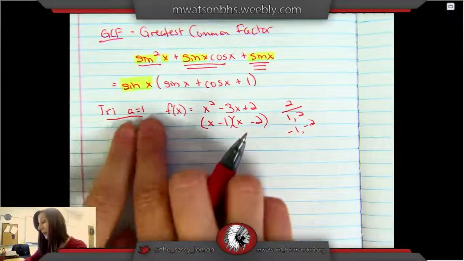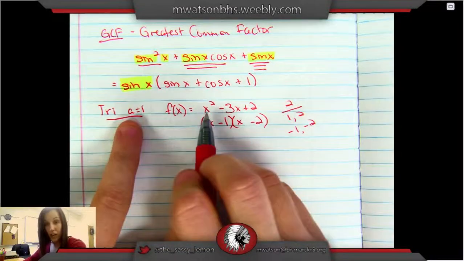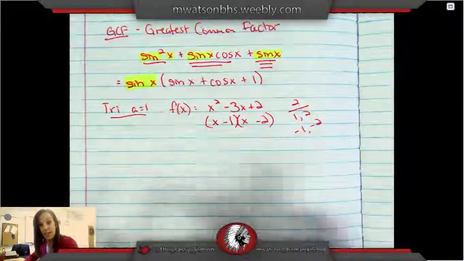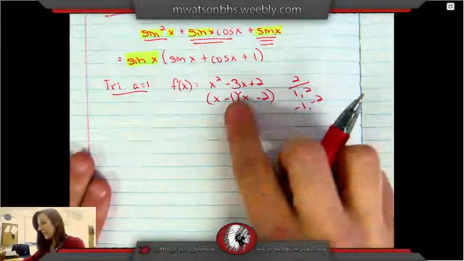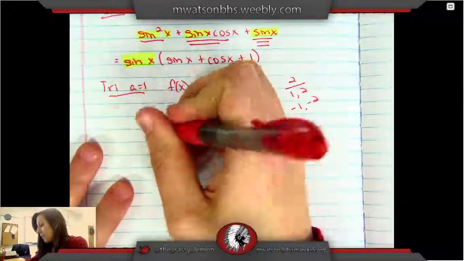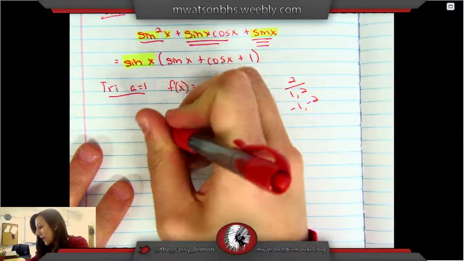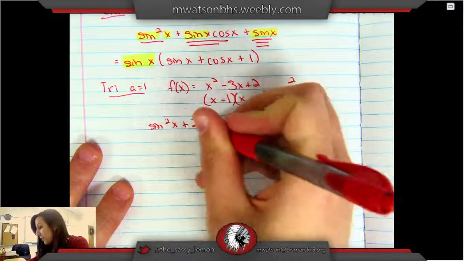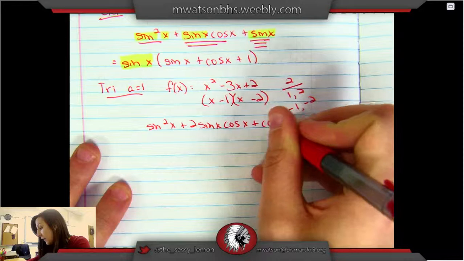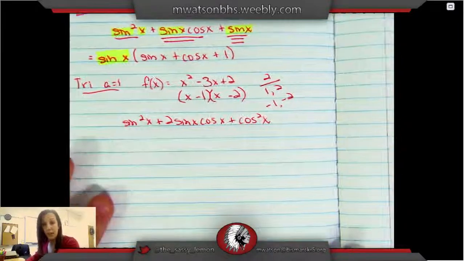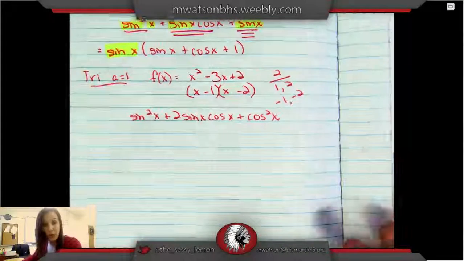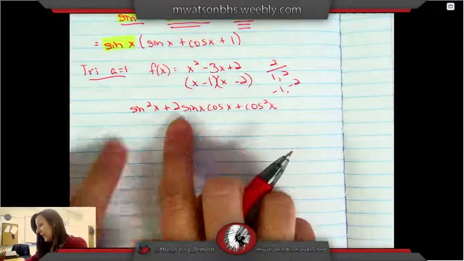Whenever I say a equals 1, I'm just referring to the number in front of your x squared, if you didn't have me last year. So that's how you would factor with x's. But it's very possible to have something like this in trig functions. For example, say we were to have sine squared x plus 2 sine x cosine x plus cosine squared x. Okay, that looks like a big ugly mess. And if you didn't know to look for this, it would really cause you some problems while trying to do a proof. But what I see here is that we have